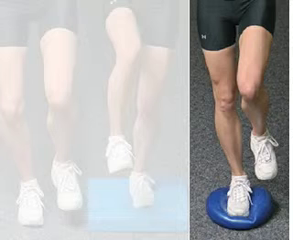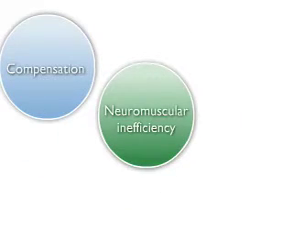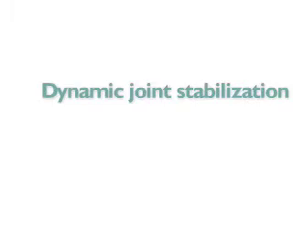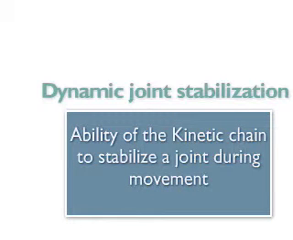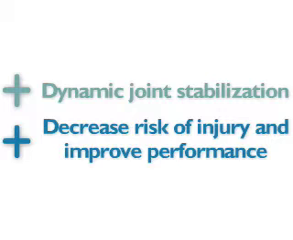This is very important to understand to ensure an individual is not being placed in environments they cannot control. This will lead to compensation, neuromuscular inefficiency or improper movement patterns, and possibly injury. Balance training has been shown to be particularly beneficial to improve dynamic joint stabilization. Dynamic joint stabilization refers to the ability of the kinetic chain to stabilize a joint during movement. Improvements in dynamic joint stabilization, or balance, have been shown to assist in decreasing the risk of injury and improve